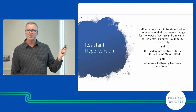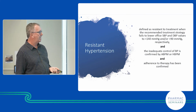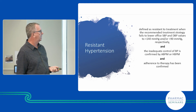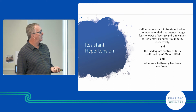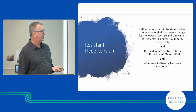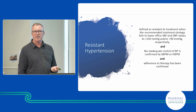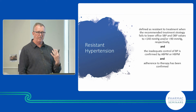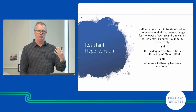That's a definition of resistant hypertension in the European guidelines, which are the most contemporary blood pressure management guidelines that we have. So BP, where you've not achieved less than 140/90, and you've proven that the control is inadequate with either home or ambulatory monitoring, and you've confirmed adherence. That's really important because I think we've all been involved with the management of patients where we're bringing them back time and time again,